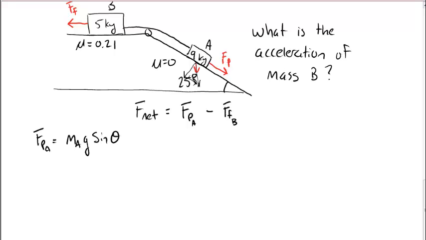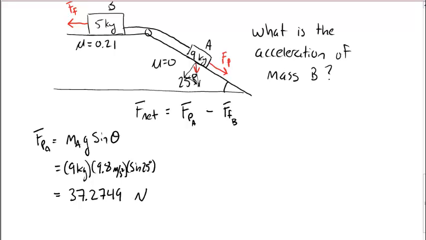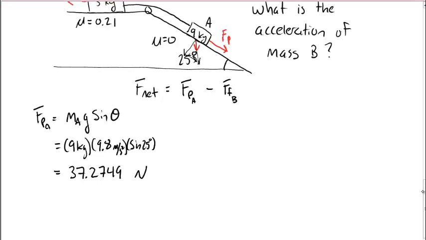And so we get mg sine theta gives us Fp, that component. So the force pulling down the hill will be approximately 37 newtons. And I'll just keep more numbers to keep things more accurate. The force of friction